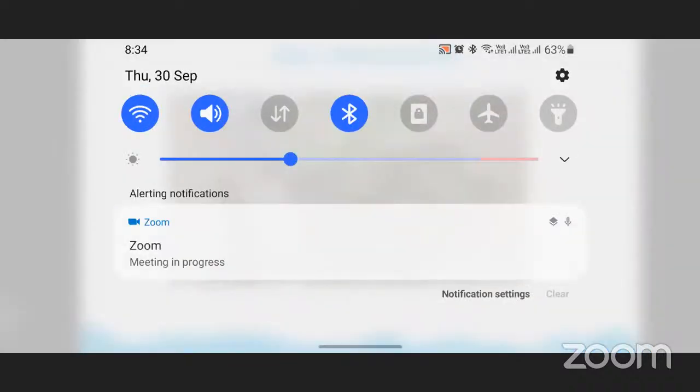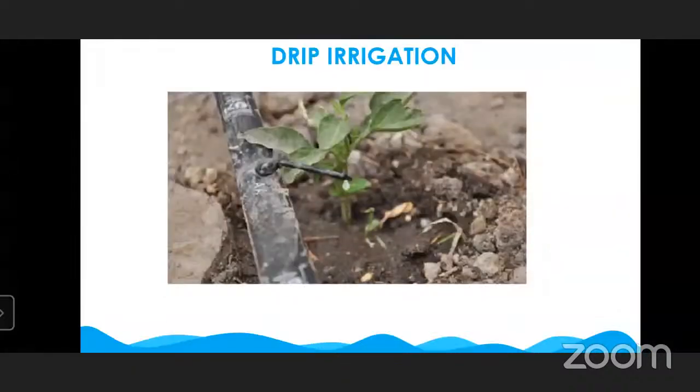Are you able to see? This one is drip irrigation. Drip irrigation is also called trickle irrigation. We call it drip irrigation because water runs drop by drop. That's why we call it drip. This is a type of micro irrigation system.